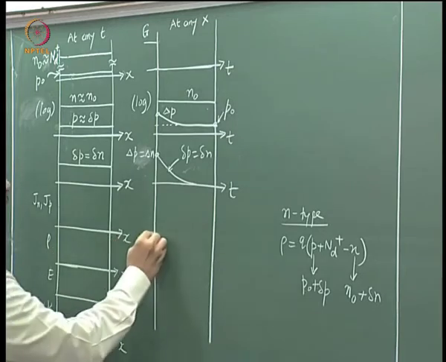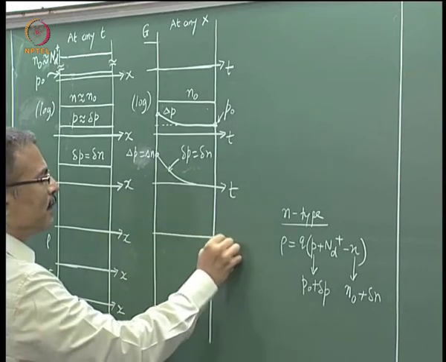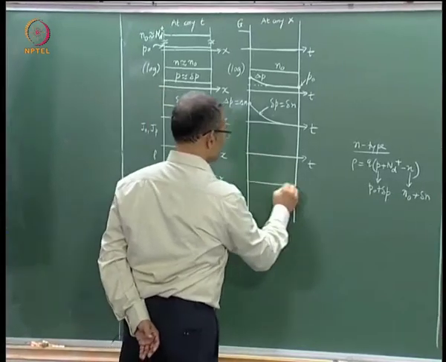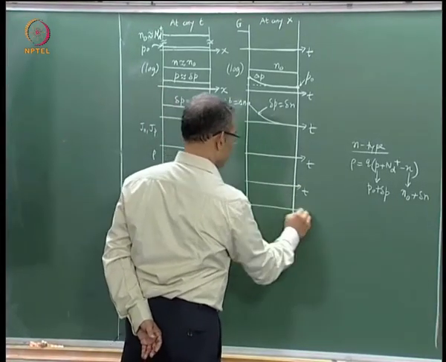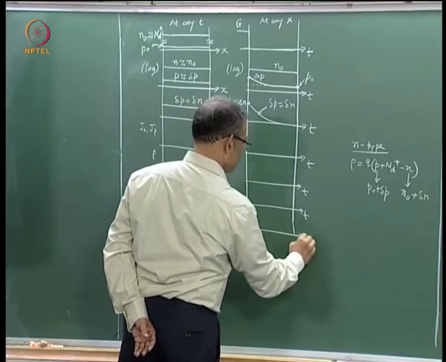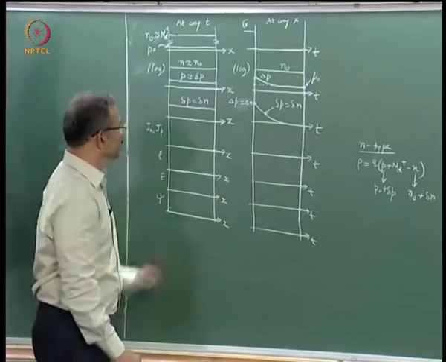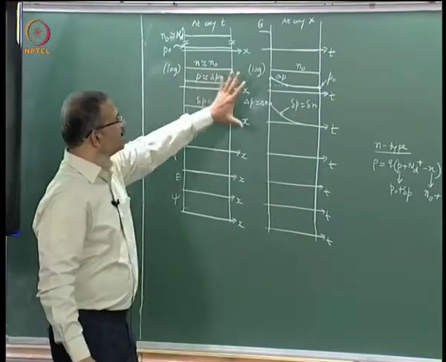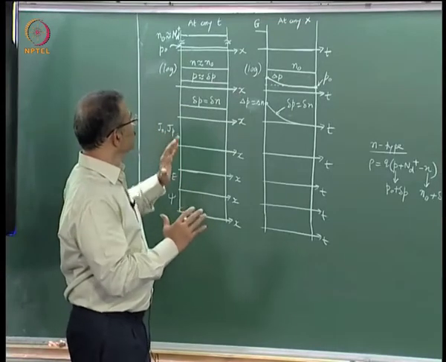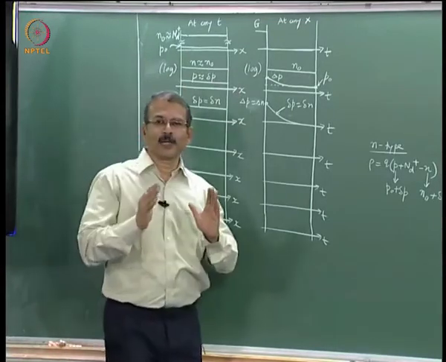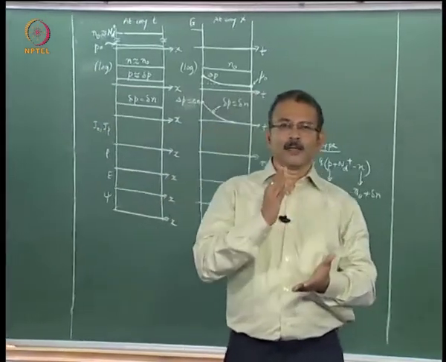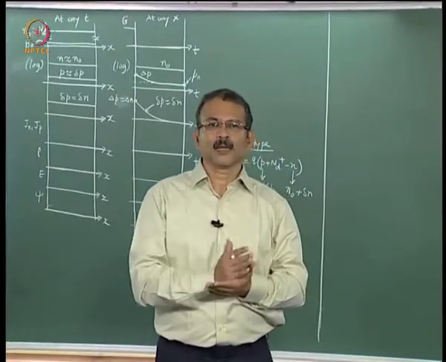Now one can similarly plot this as a function of time. It is a trivial exercise because all these are 0, so the corresponding graphs here would all be the 0 lines. Okay, this is trivial. So now this is our qualitative analysis. We have understood what is happening to each of the quantities of the drift diffusion model, namely the electron concentration, the hole concentration, the electron current density, hole current density, electric field and potential.